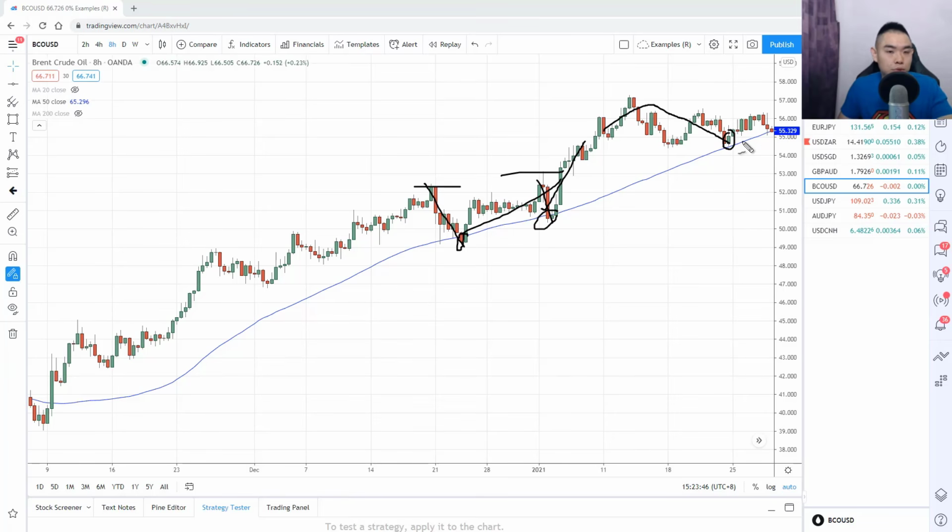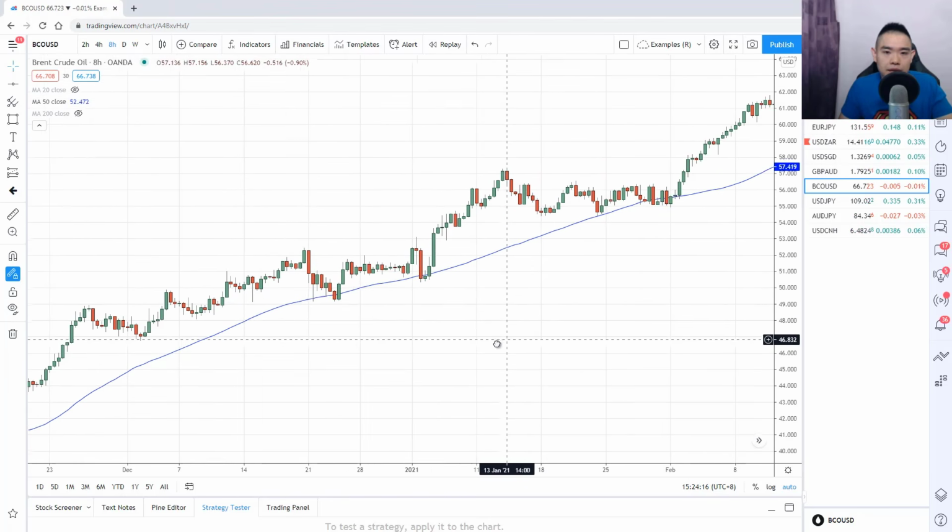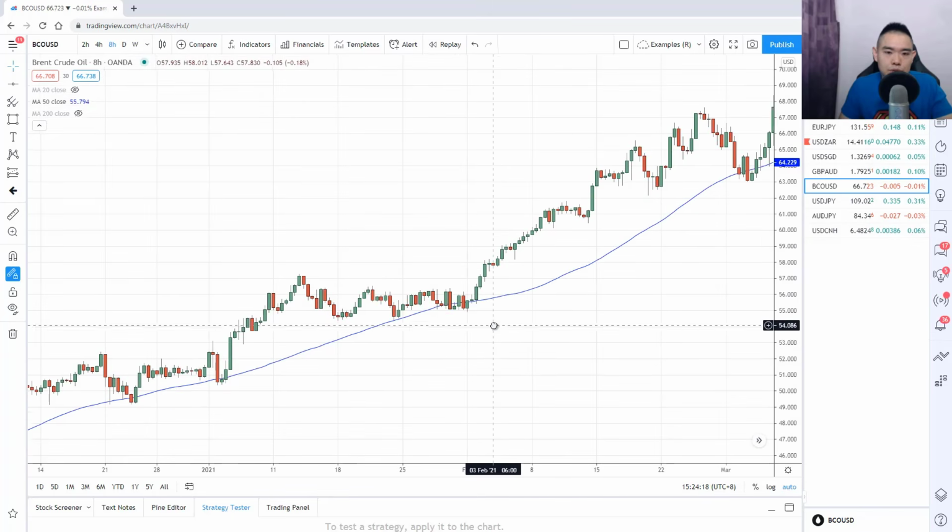So this means if in future, maybe for a 4th time, the price comes back to this 50 period moving average, I can say, hey, this is an area of value for this particular market, and on this time frame, I can look for buying opportunities at this 50 period moving average since it's acting as an area of value. And in this case, yep, it did come back and tested, I would say, a 4th time